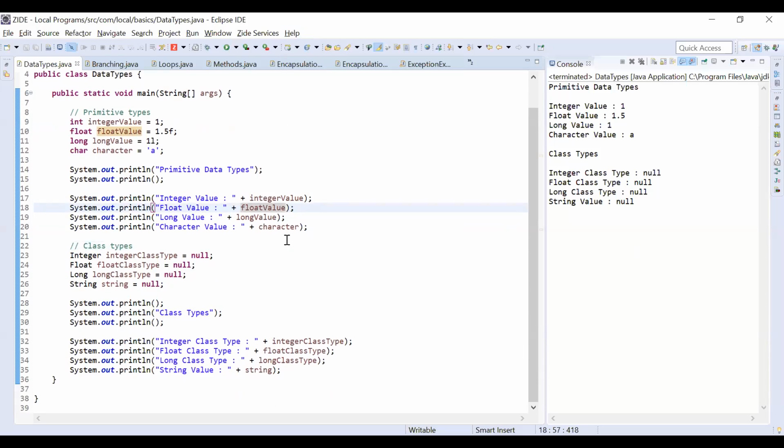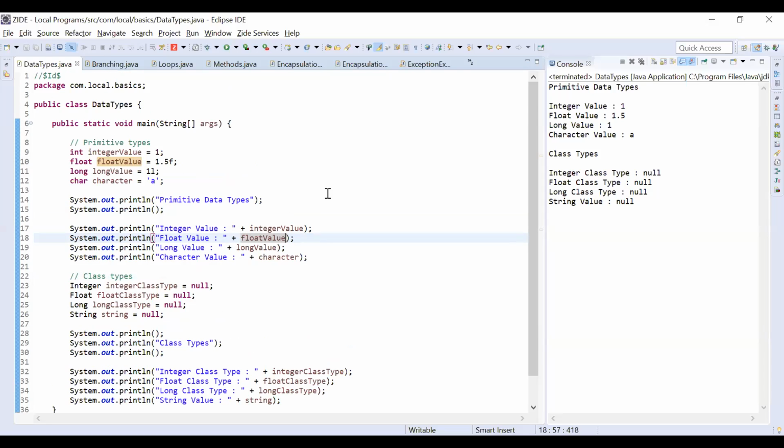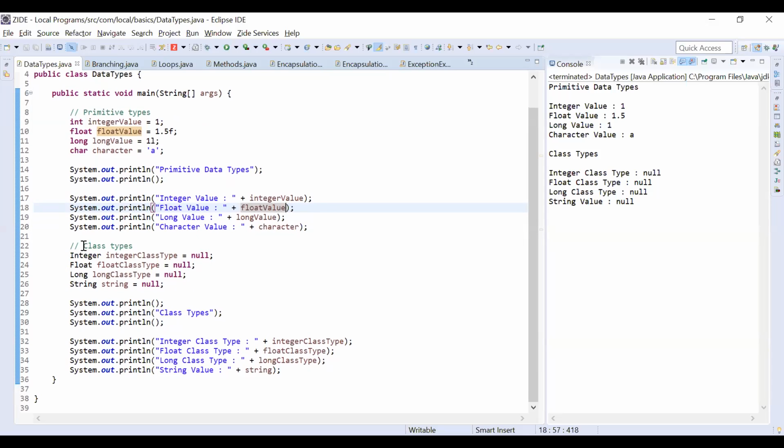In Java, as everyone knows, every programming language has primitive data types as well as derived data types. In Java, you will have an additional type called class types. In primitive data types, you will be storing values based upon their type. For example, in int, you will be storing integer type values, and similarly for float, long, and character type values, which are called primitive data types, where you cannot handle any null values. Whereas in class types, you can store null values, which will not be possible in primitive types.